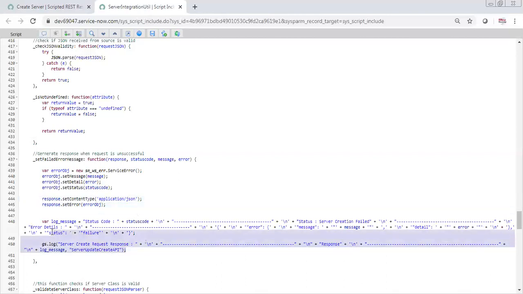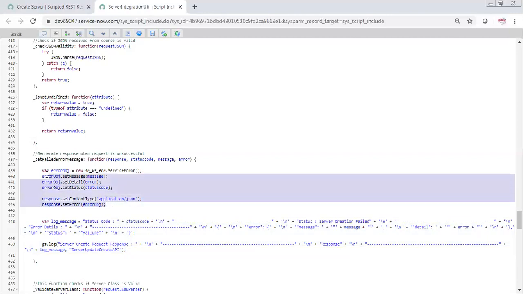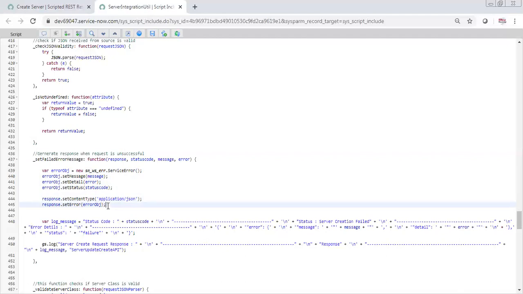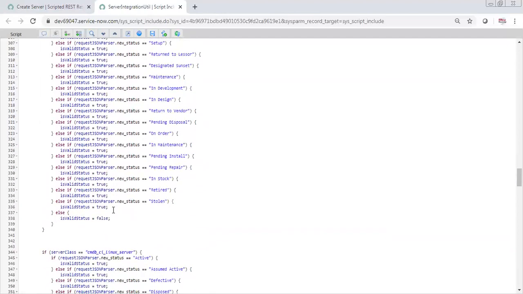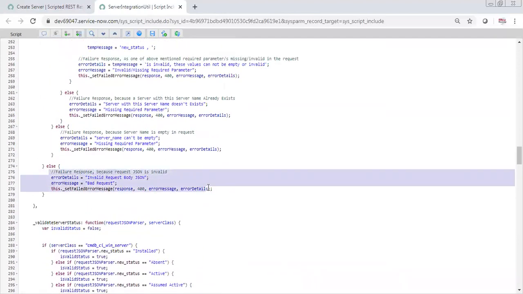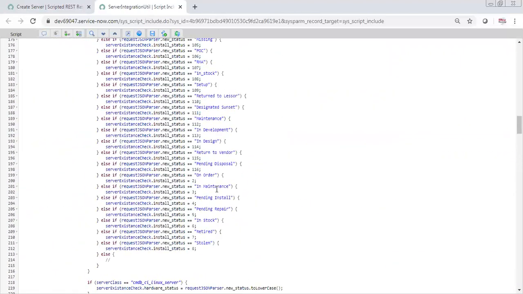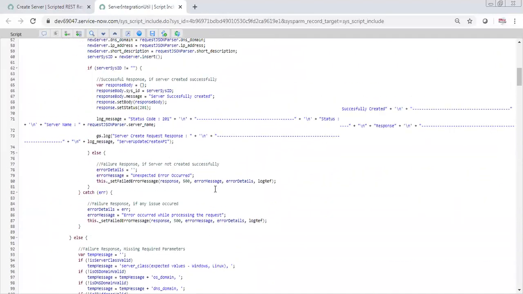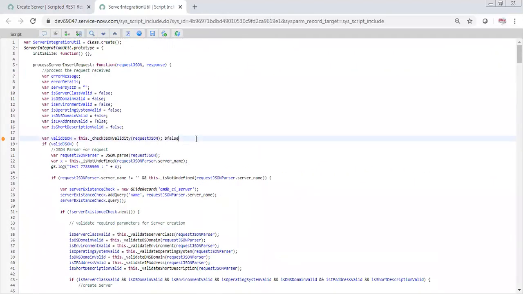And then I am setting the error. This is something which I am printing in my logs so that I can see what error was sent to the client or the third party tool. So this particular code is to send the error always. Now, what will happen? If they are not sending the valid JSON, then it will send them an error. Now, second case, let's say they have sent valid JSON. This returns true. Then what will happen? It will not go to that else and it will not send the error. It will come inside the loop.